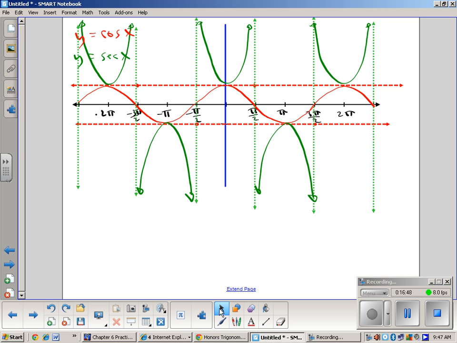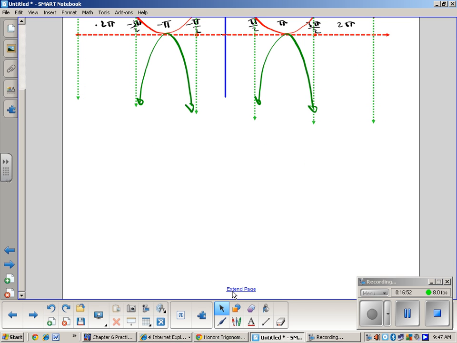And so, if I had a confusing looking secant graph, like y equals 3 secant of 2 theta plus pi, minus 1,